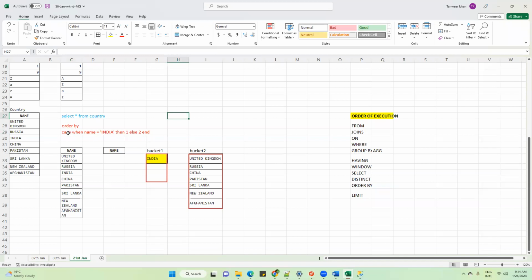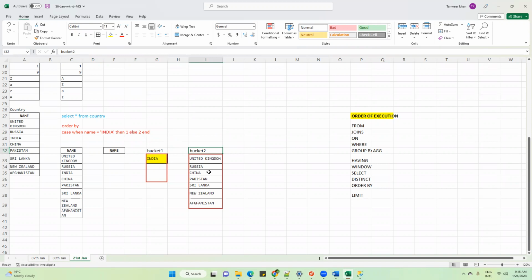Now, after ORDER BY, have I written ascending or descending anywhere? No. So by default, what will the engine consider? Ascending. Now, here is the twist. Here the engine doesn't know what is present in bucket 1 and what is present in bucket 2.